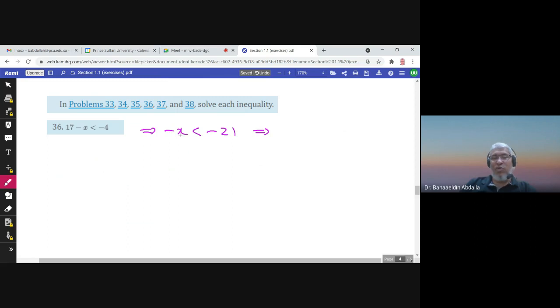The coefficient should be 1. But if you multiply by a negative, you should change the sign from less than to greater than. So that's the answer. X is greater than 21. So if this is 21, x goes here. So the solution is from 21 to infinity